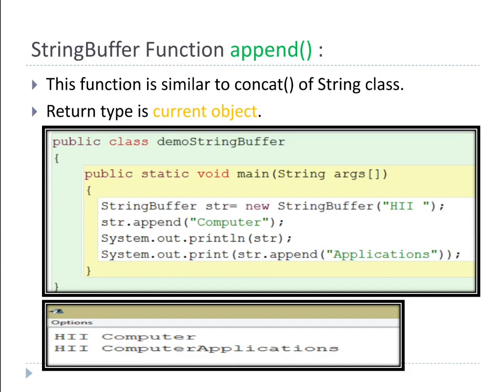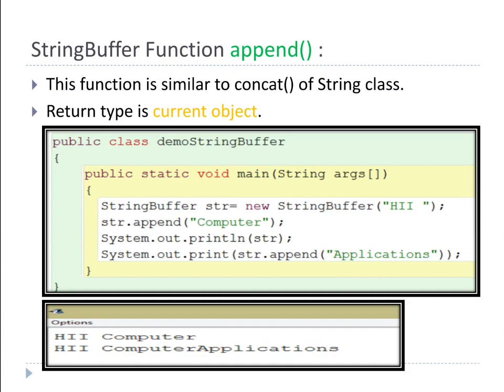The memory they are using is the same, but the capacity, the length, increases continuously, while using the same memory. If we deal with String, the memory changes, but StringBuffer never changes memory; whatever changes happen, happen in the same memory.